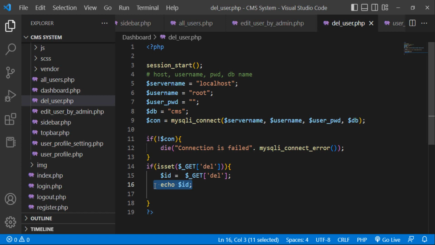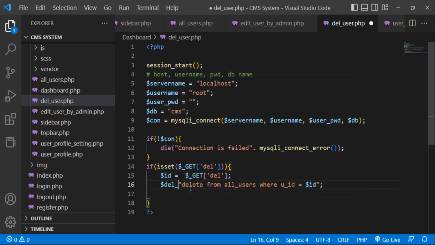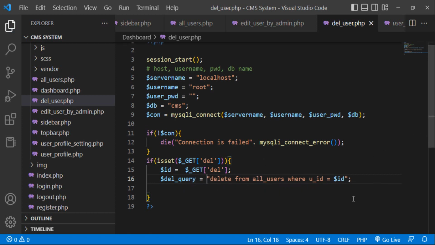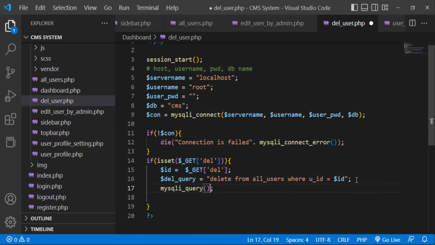Now what I have to do, I do not want to display, I want to run a query, a delete query. So for example, delete from all_users where _id is equal to this ID, and then this is the del query. This query is stored in the del query variable, and then run this query. mysqli_query takes two arguments, you know that one is a connection, another is the query variable. And I want to say that if